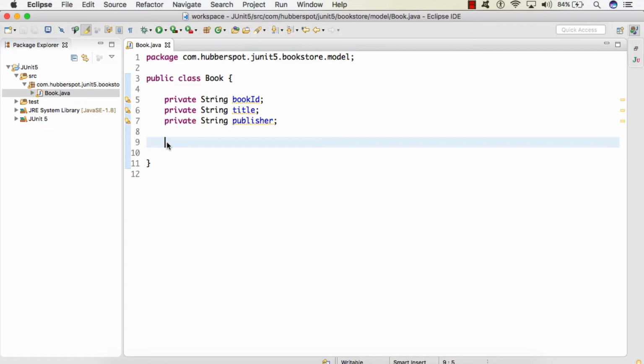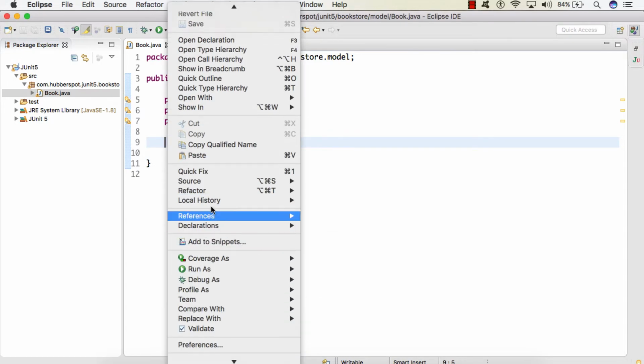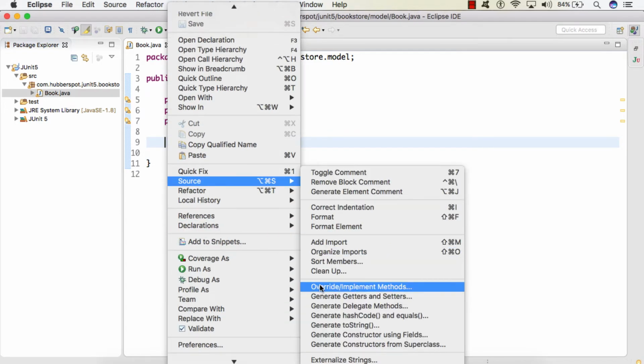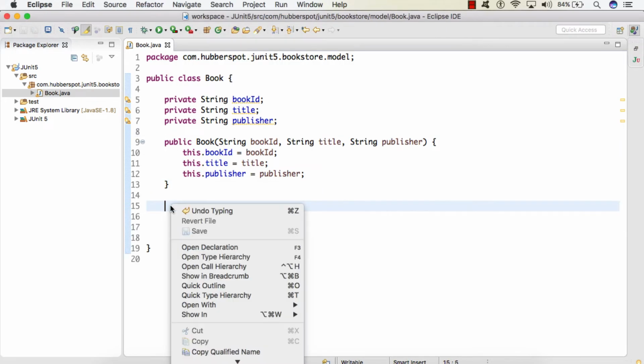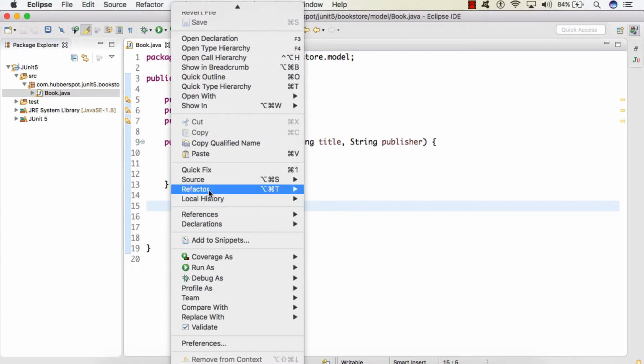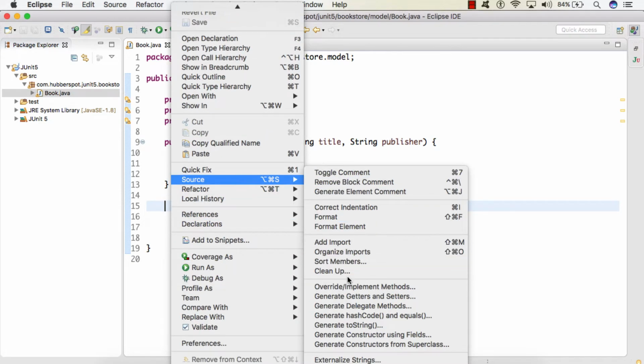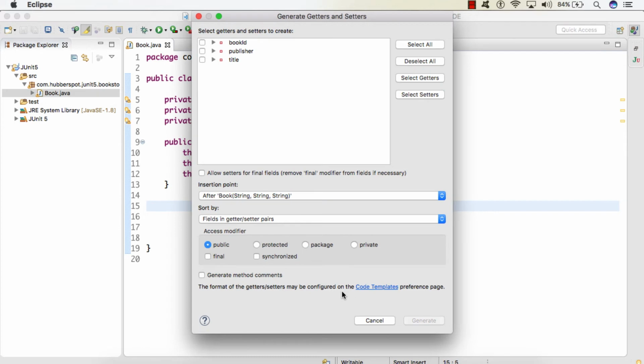I will also generate the constructor. We'll do generate. And I will also generate the getters and setters. We'll select all and we'll do generate.